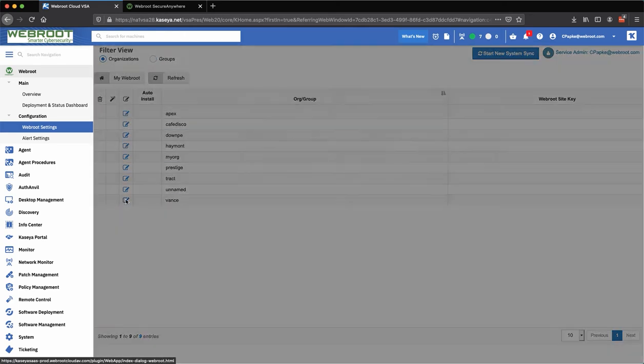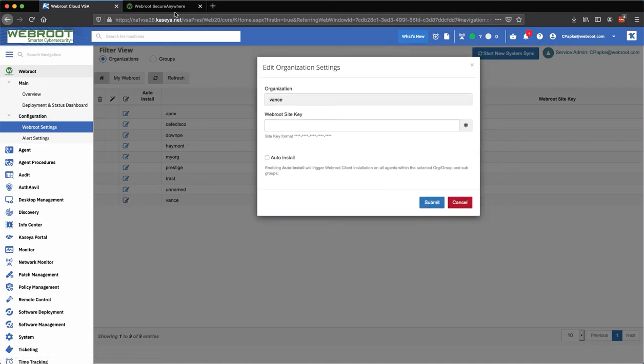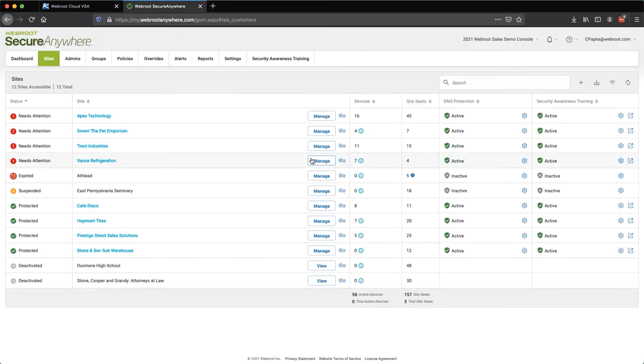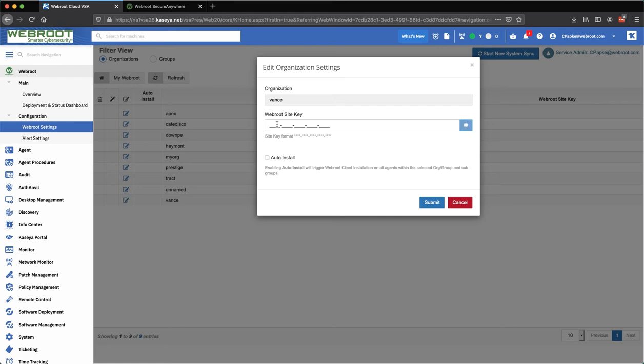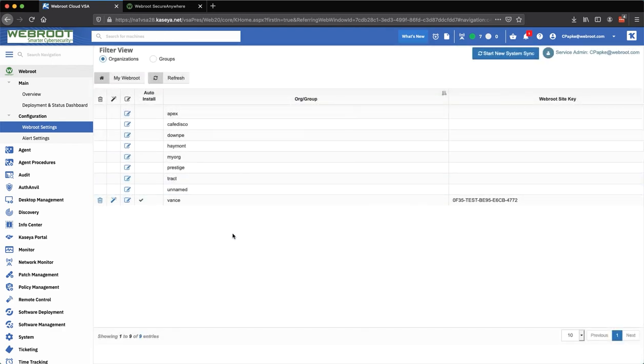We'll pick Advanced, and from here, I'm going to go over to my Webroot console, and then click on that key, copy the key code, bring it on over, and at this point in time I can submit, or I can choose to enable the auto install feature. I can enable this at any point in time, but I'm going to turn it on now and submit. And from here, any new agent for Kaseya that is installed for the organization Advance will automatically get